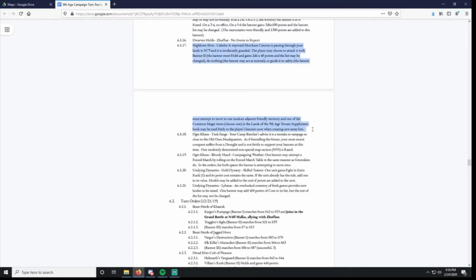A wayward merchant caravan is passing through your lands and is moderately guarded. The player may choose to attack it with banner 2. The banner must hold and gains 2d6 times 40 points, and the list may be changed. So basically, there's a caravan passing through the space that his banner is already in, so the banner can't move if it chooses to attack it. So it spends its turn attacking the caravan, and you already know the amount you're going to get: 2d6 times 40. So it's still a random amount of points, but you roughly know how much. Or you can do nothing, in which case you can still move, or you can guide it to safety,